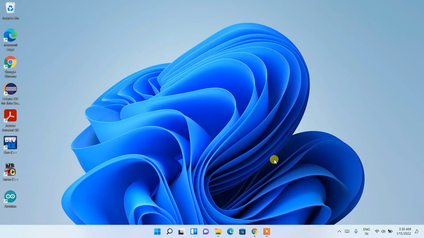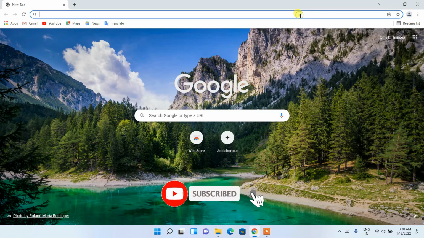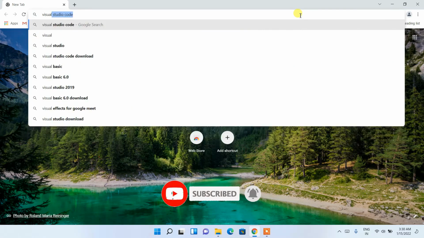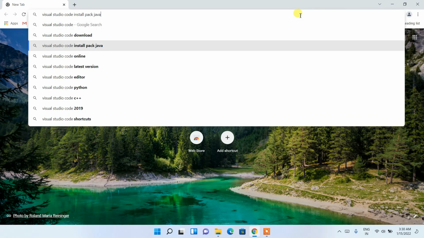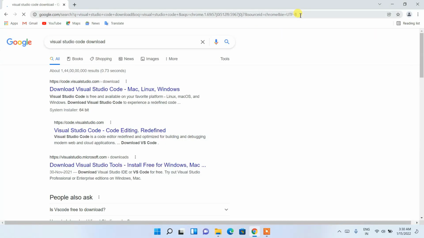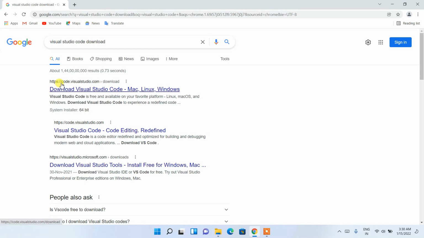Today I am going to show you how to install Visual Studio Code on your Windows operating system. So let's begin. To install Visual Studio Code, first go to your favorite browser and in the address bar simply type Visual Studio Code download, then press enter. You'll see code.visualstudio.com is basically our first search result. Simply click on this Download Visual Studio Code